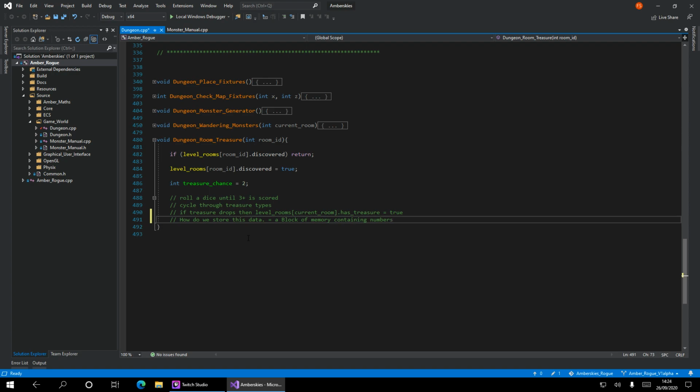So a block of memory in a computer is addressable. So hopefully this is going to work. Let's pop you to there. Get rid of my phone. It's not needed. Move you over to there.